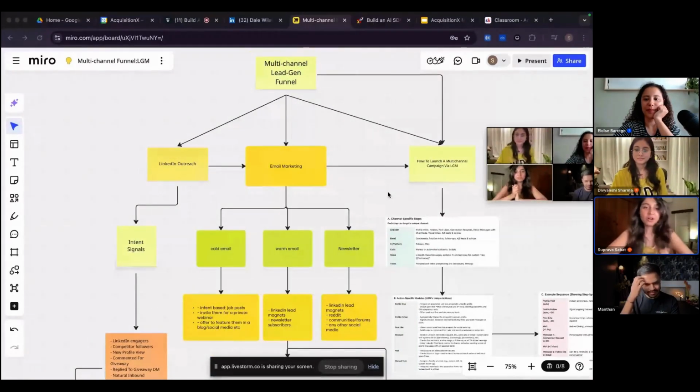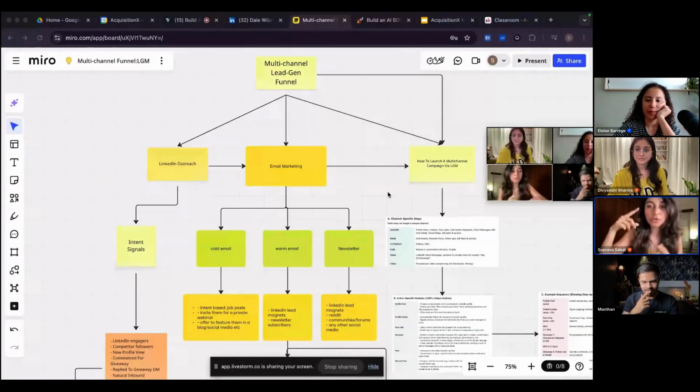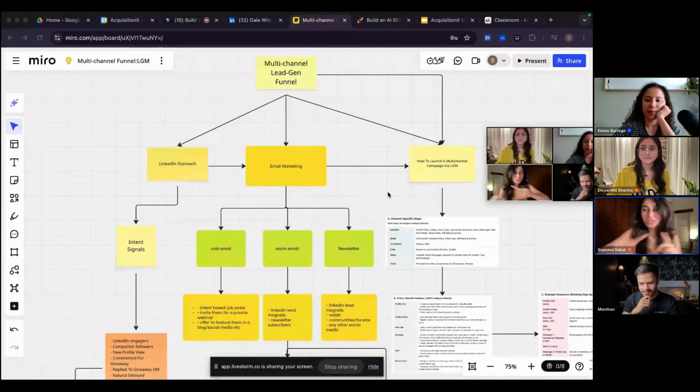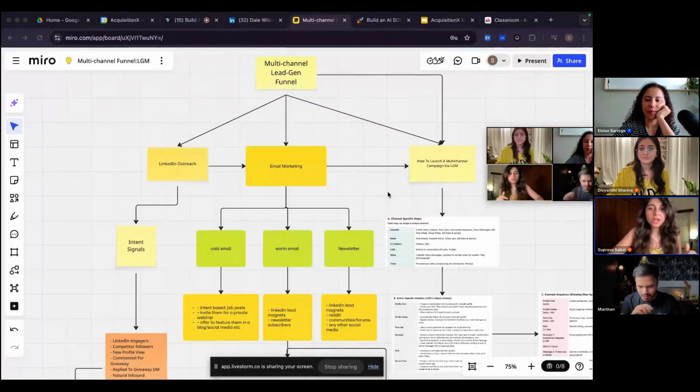Okay, perfect. All right. So, guys, here are a few things that we can do when it comes to multi-channel. I think you must know what exactly multi-channel means, right? So I'm not going to go into the core concept. I'm just going to explain how you launch it, right?